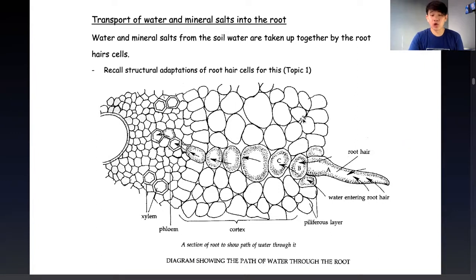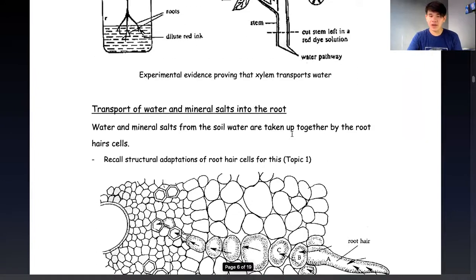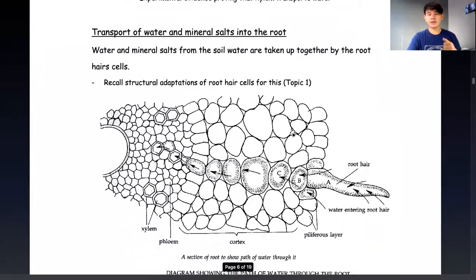Last time we discussed the structures of the transport features in plants. You should be quite familiar by now with the structures of xylem as well as the structures of phloem, what cells and tissues are present, as well as the associated functions. We've looked at the structures, the anatomy, and today what we're going